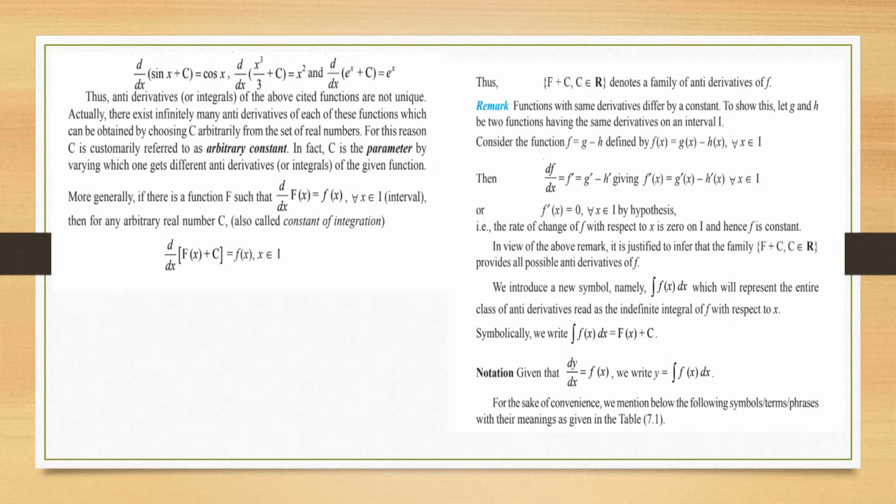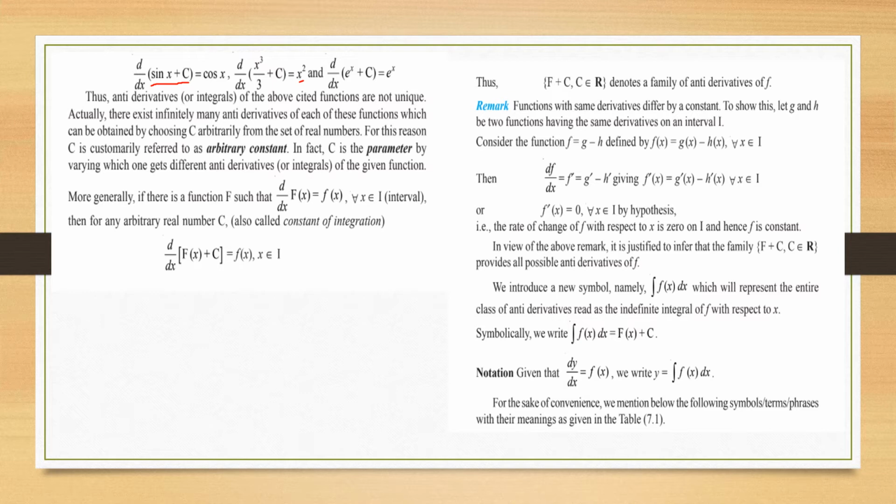Now see from here what the difference is between an indefinite integral and a definite integral. We need to firstly understand. If we take d/dx of sin x, then the answer is cos x. Even if we take d/dx of sin x plus c, then also it is cos x. If we take d/dx of x cubed, then also it is x squared. If we take d/dx of x cubed by 3 plus c, then also it is x squared. If we take d/dx of e^x, it is e^x. But if we take d/dx of e^x plus c, it is also e raised to power x. What is happening to this constant? As the rule says, we need to take the derivative individually, of sin x and then of c.